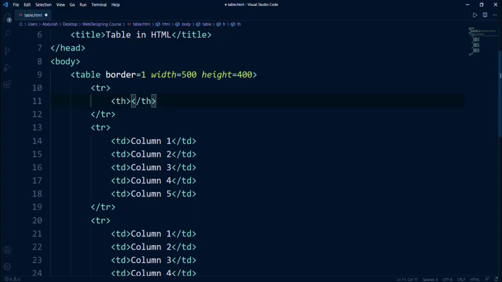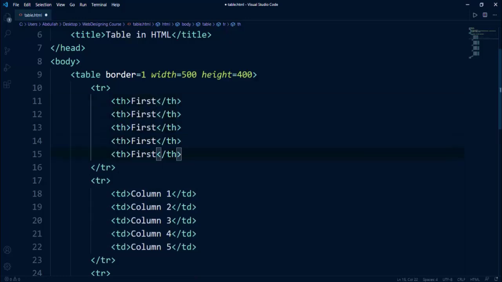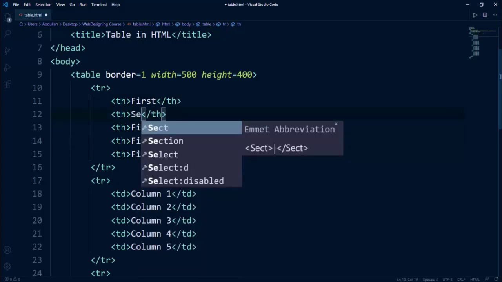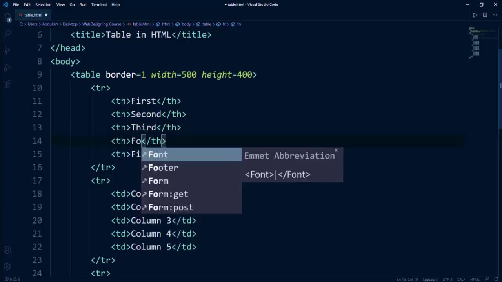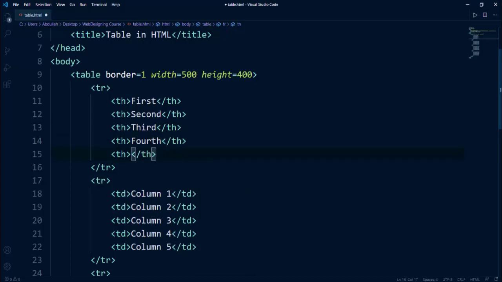Okay, now you will see the difference in a minute. So here I will say first, I will copy this 5 times, I will say second. I just want to change the names so you can differentiate. I will say third, I will say fourth, I will say fifth. I will save this file.